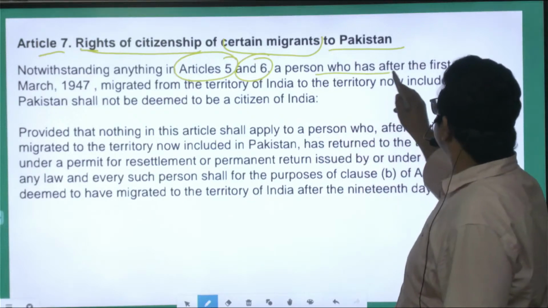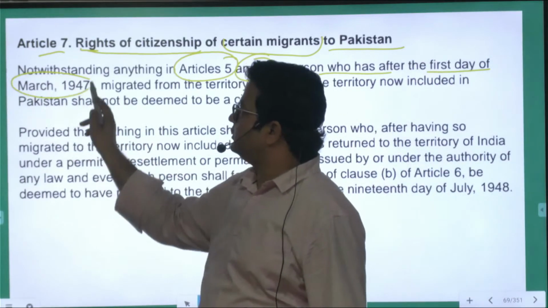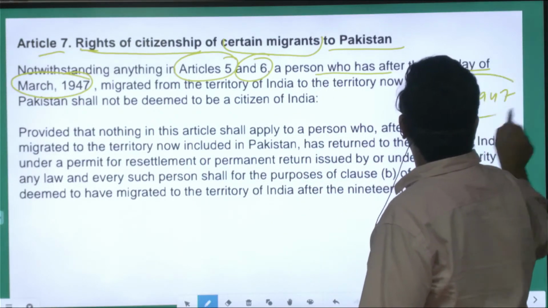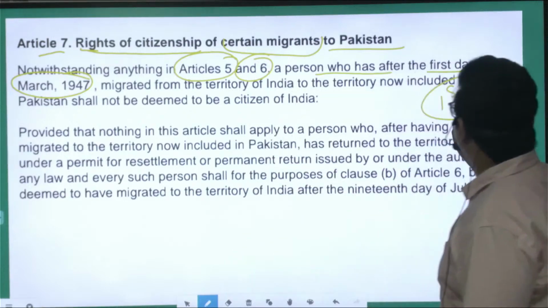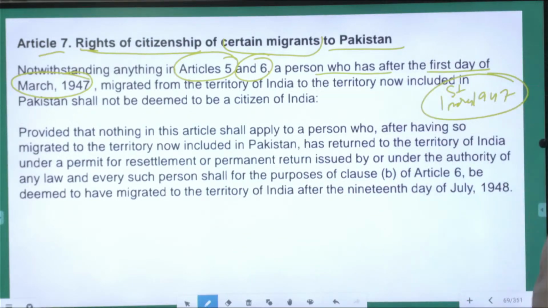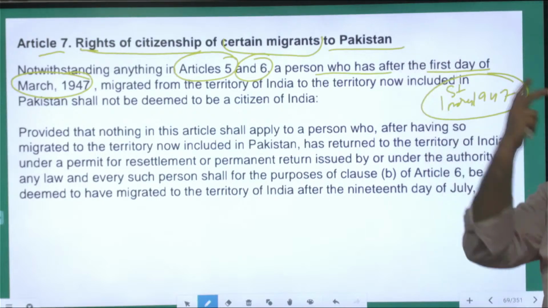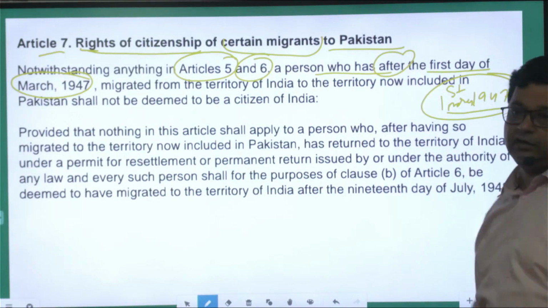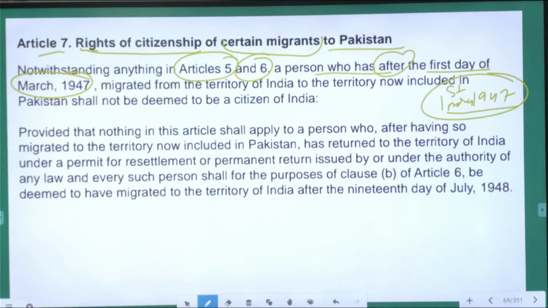A person who has, after the first day of March 1947, migrated to Pakistan shall not be deemed to be a citizen of India. So any person who migrated to Pakistan after the 1st March 1947 will not be considered a citizen of India. But if they want to return back,